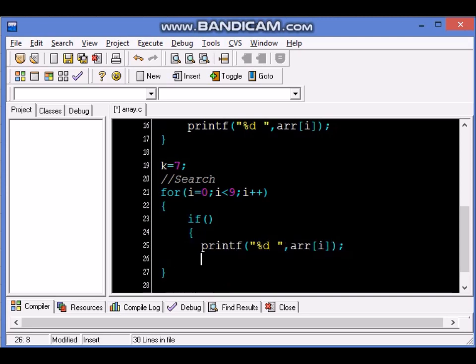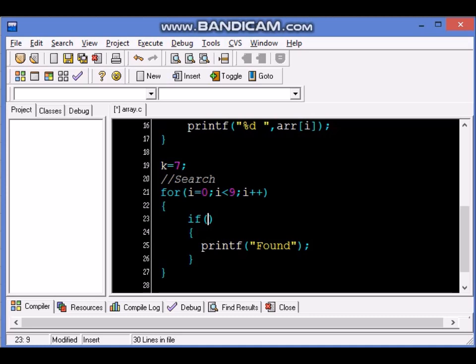If it is found, I will print found, and if it is not found, I have to say not found. So we start from the 0th position and keep looking for the number 7.